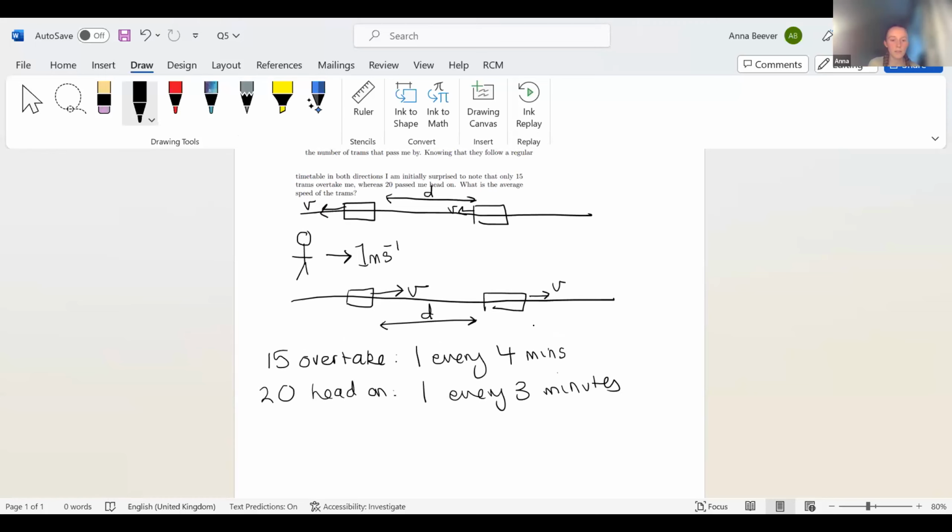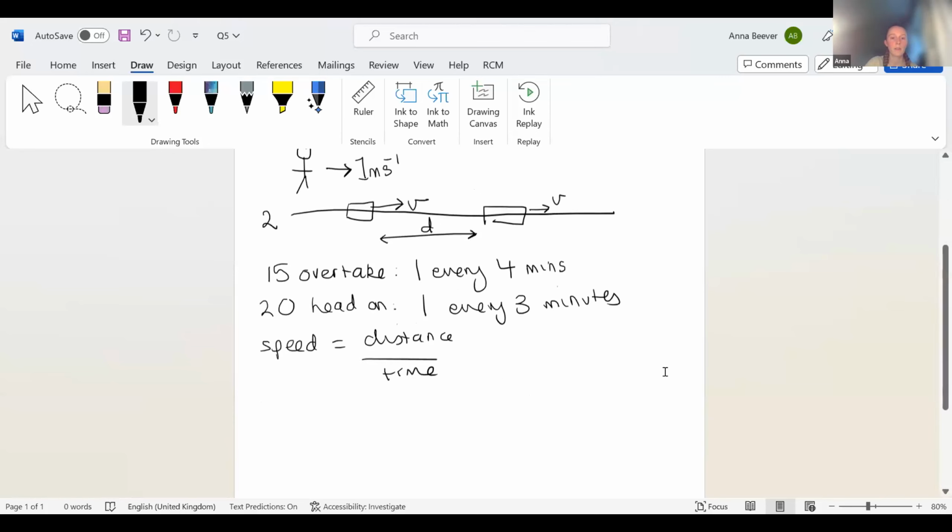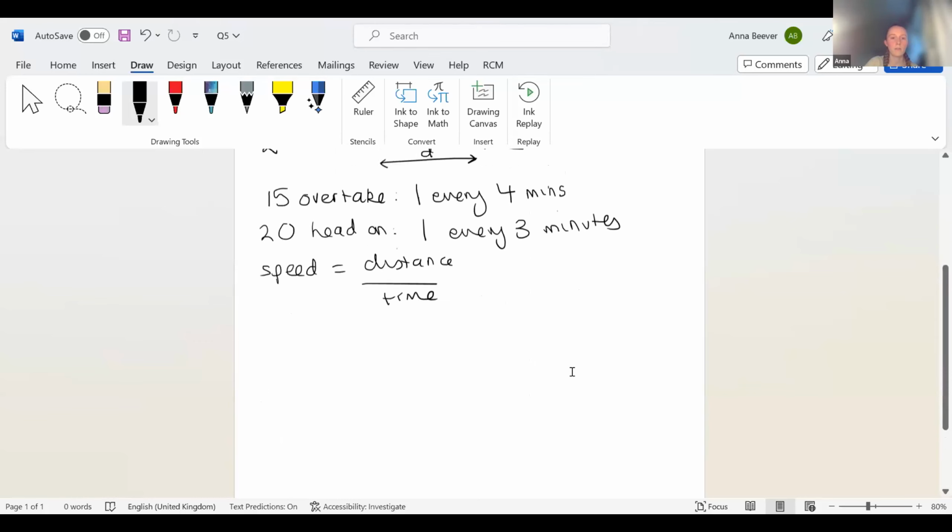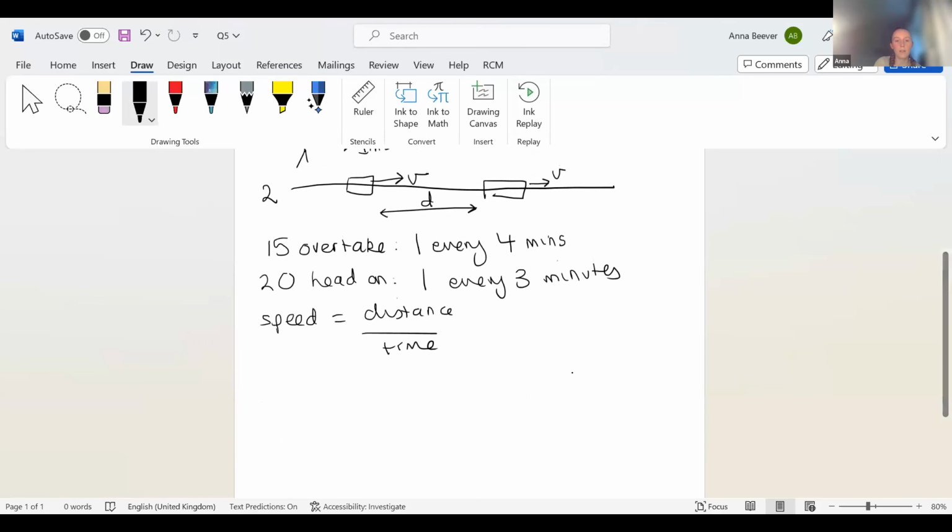And so using the trusty formula, speed equals distance over time. If we call the head-on trams 1 and the overtaking trams 2, then I'll scroll down. Then the speed of the head-on trams, v1,